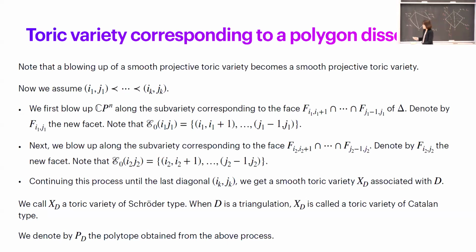So we first note that the blow-up of a smooth projective toric variety becomes also a smooth projective toric variety. So in this way, we get a toric variety from a complex projective space by an iteration of blow-ups. We first blow up CP^n along the subvariety corresponding to the base. These indices correspond to the set of the edges of E_0, i_1, j_1. So for instance, in this case, we first